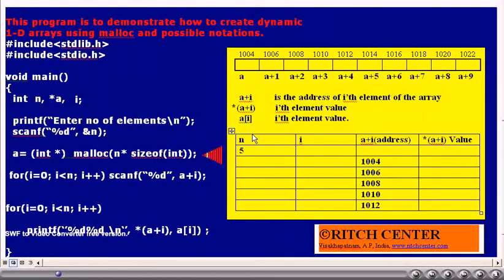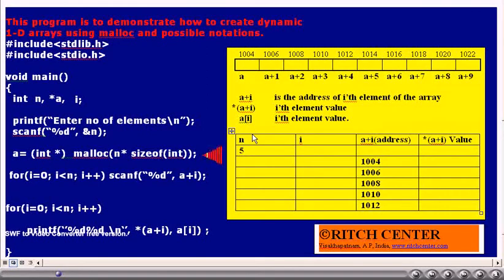In this example, if I assume that the machine is using 2-byte integers, then it requires 10 into 2, that is 20 bytes. For the function malloc, we are sending 20 as the argument. What it does is allocate 20 bytes of consecutive memory and then return the starting address of that memory.